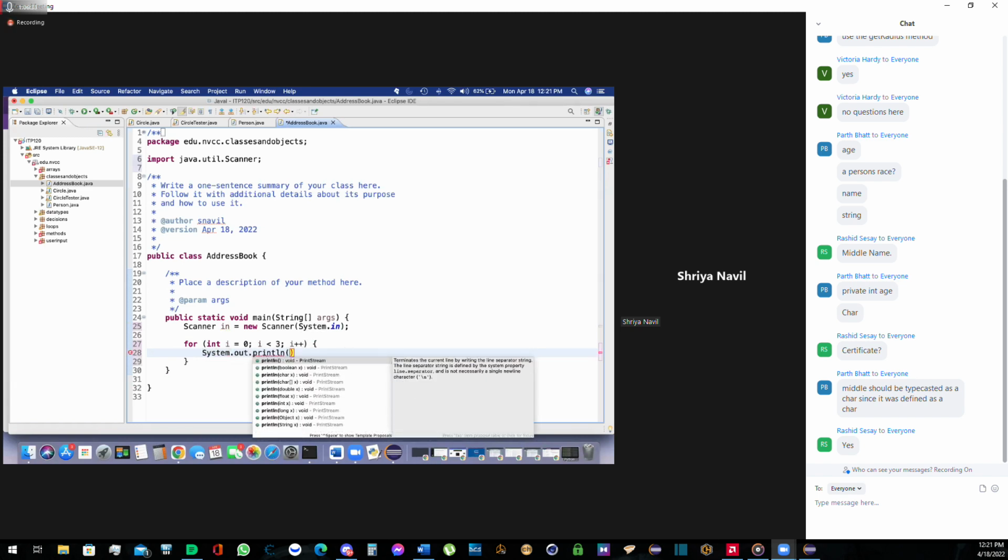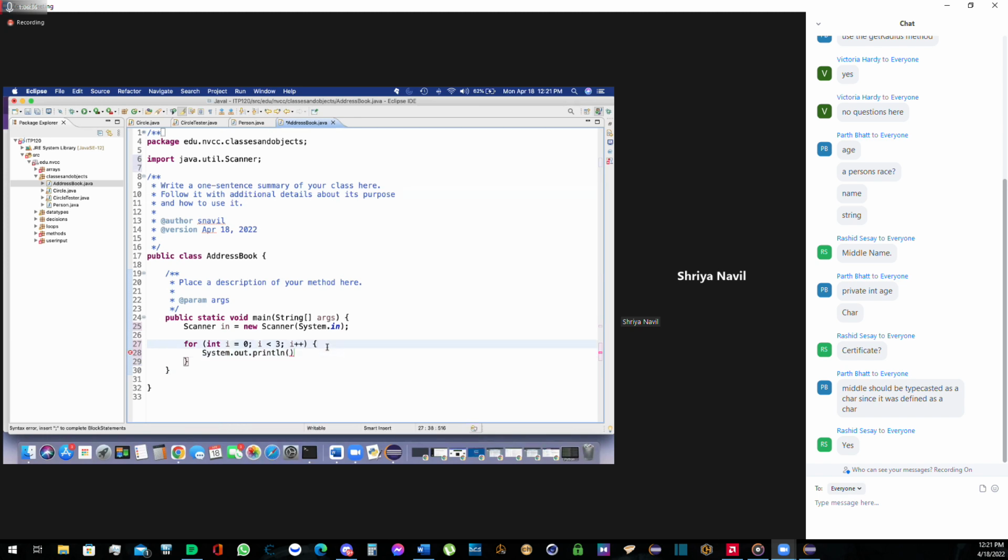In here, before the System.out.println, we need to create our address. We need to create a person object. Actually, I'm going to create what is called a person array. So Person array, and we can call this address book or addresses,